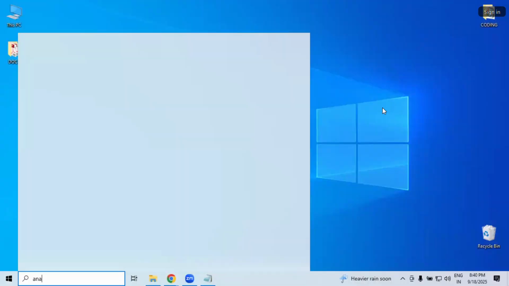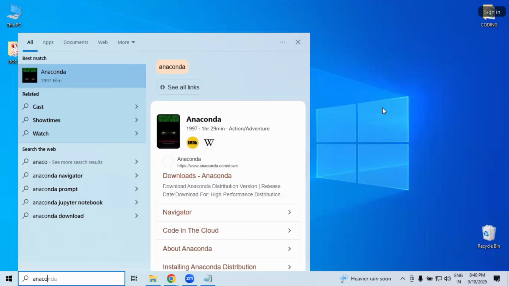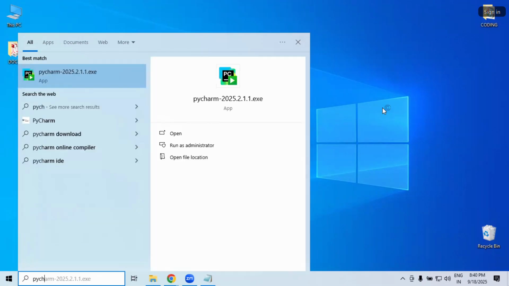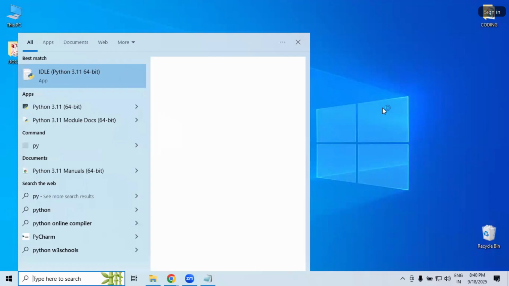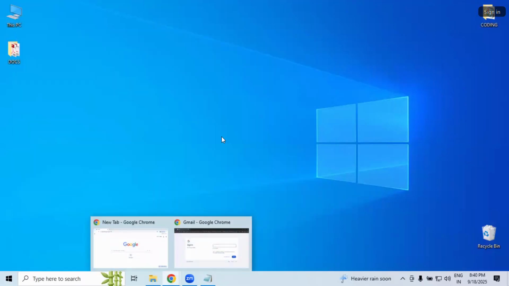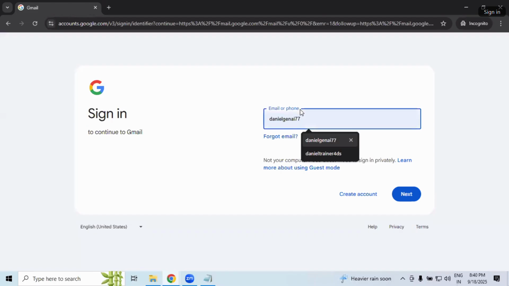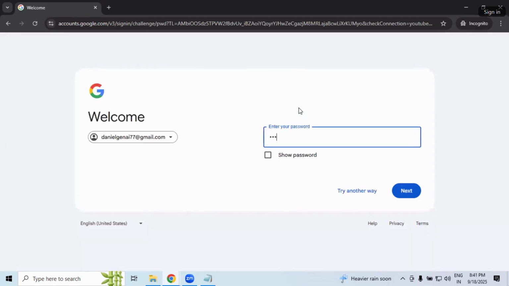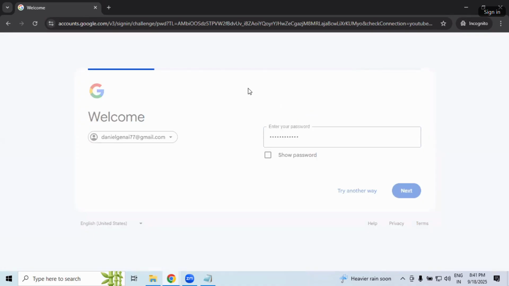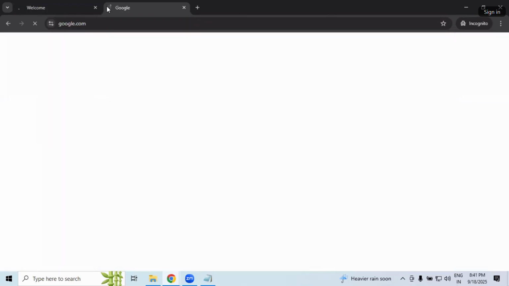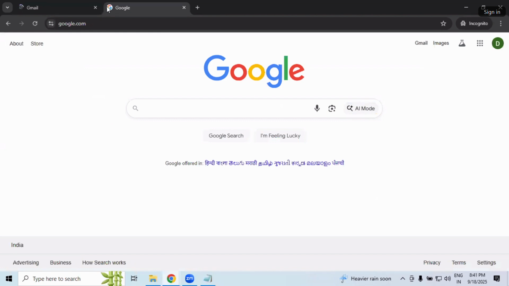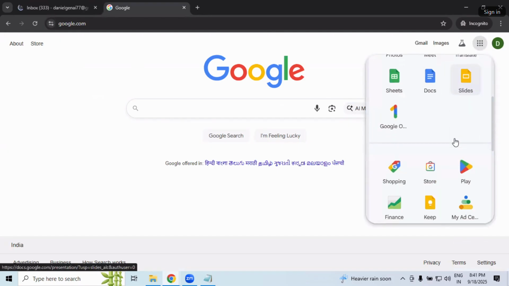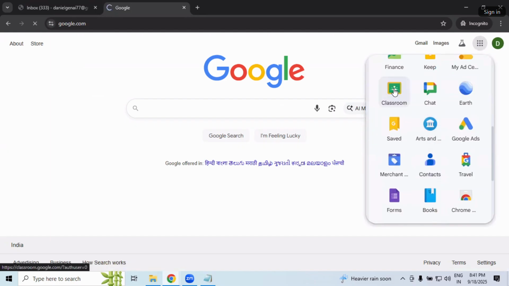Trust me, in my laptop, Anaconda is not there. That library is blocking. Anaconda is not there. The next one, PyCharm is not there. It's okay. That resolution steps also I will tell you. If you are facing an issue, how to fix that one, I can help you. You can just try to open Classroom.